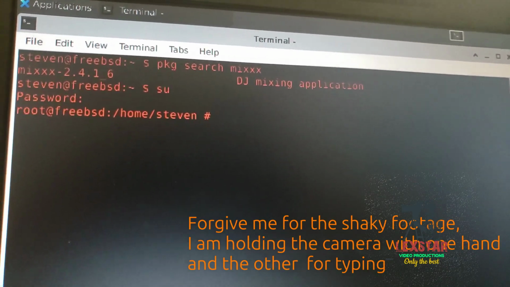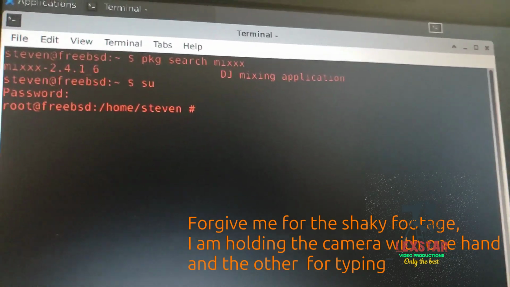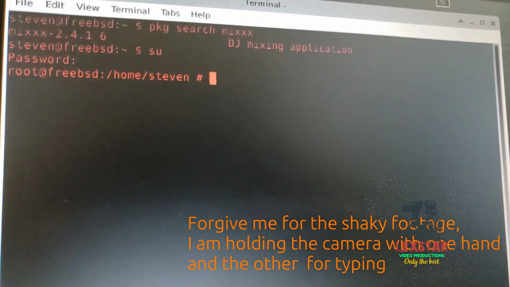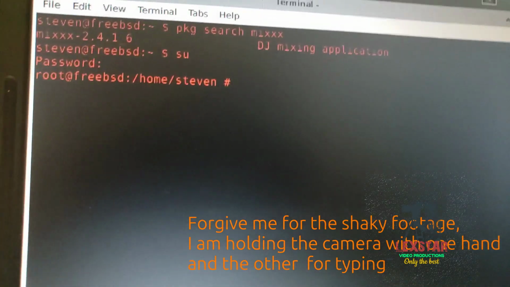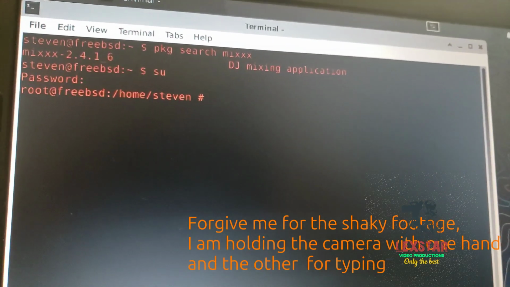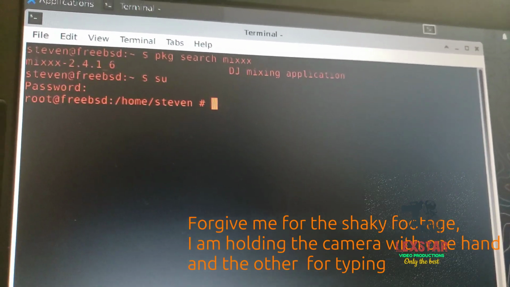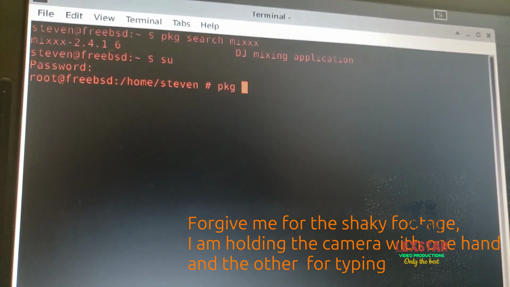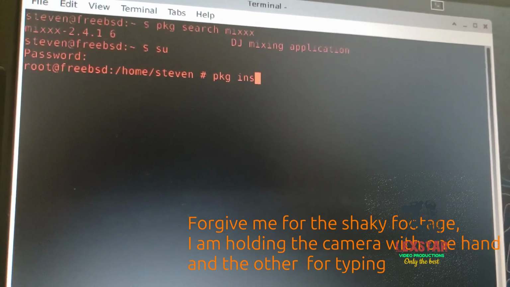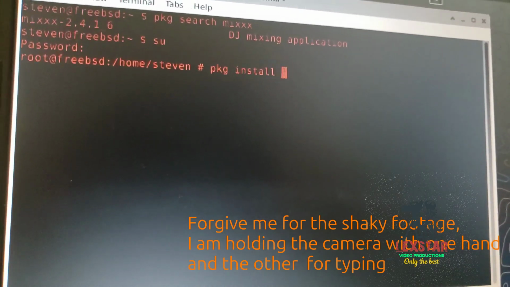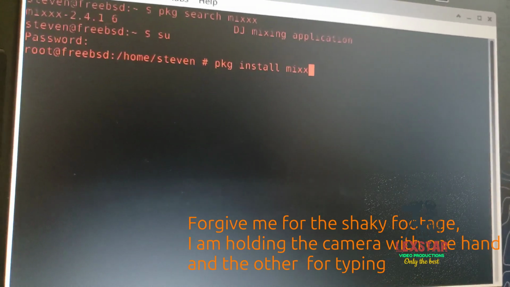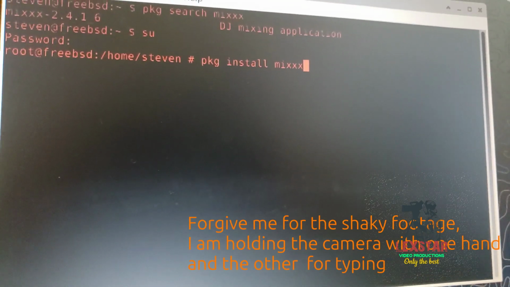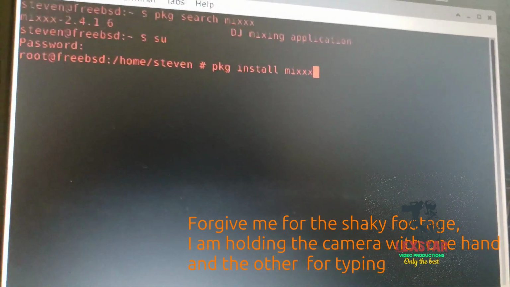Now, I'm in as root, and I am going to show you how to install Mix. So since I'm in root, all I have to do now is type pkg install Mix. That's a formula. pkg install Mix. And if I press enter,